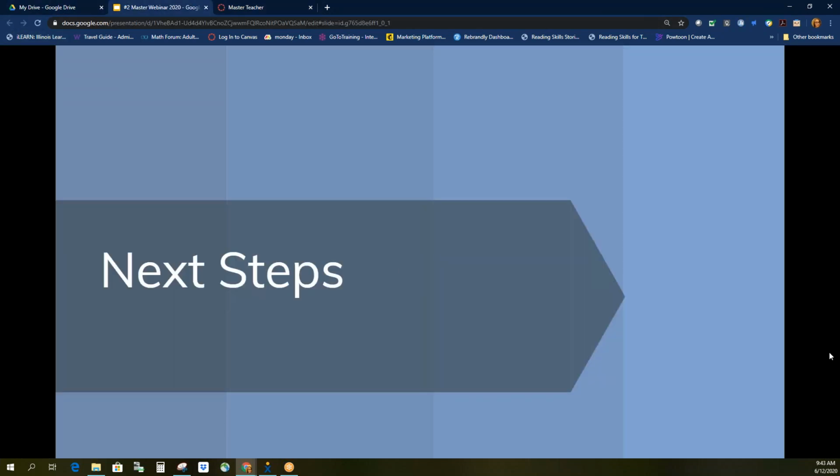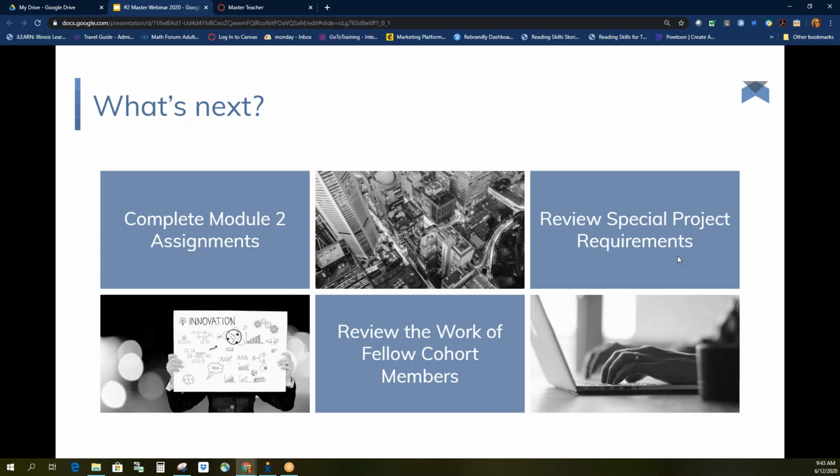Yep. So next steps, this is easy, right? Again, you have until December for this cohort to be done. So you have plenty of time. But again, if you want to try to stick to that module format, you would want to do the 2 assignments that Amber talked about today, the analysis of a tool, analysis of a text using that tool, and the critical friends proposal. You'd be working on those over the summer if you're sticking with the module plan. So those 2 assignments. If you haven't completed the lesson revision or the observation tool from module 1, you can get those worked on as well.